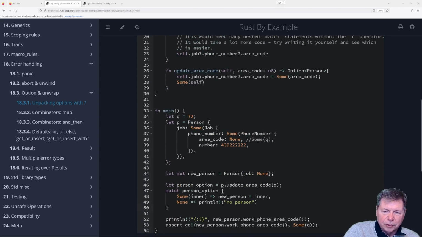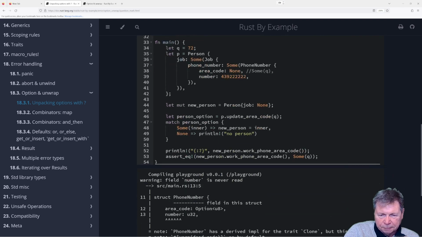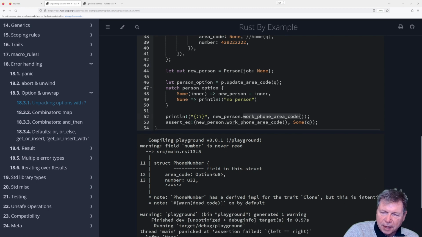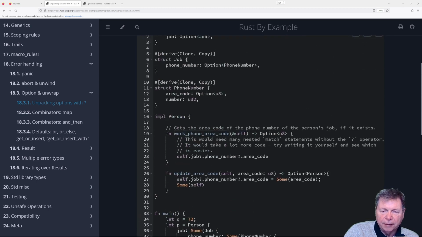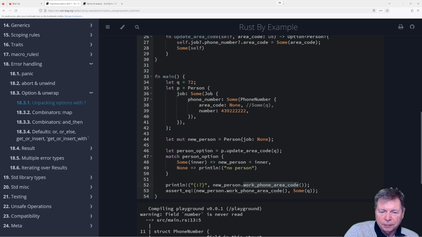This is returning self, so there's always going to be some person, but the person that I returned does not have the area code updated. I don't know why.